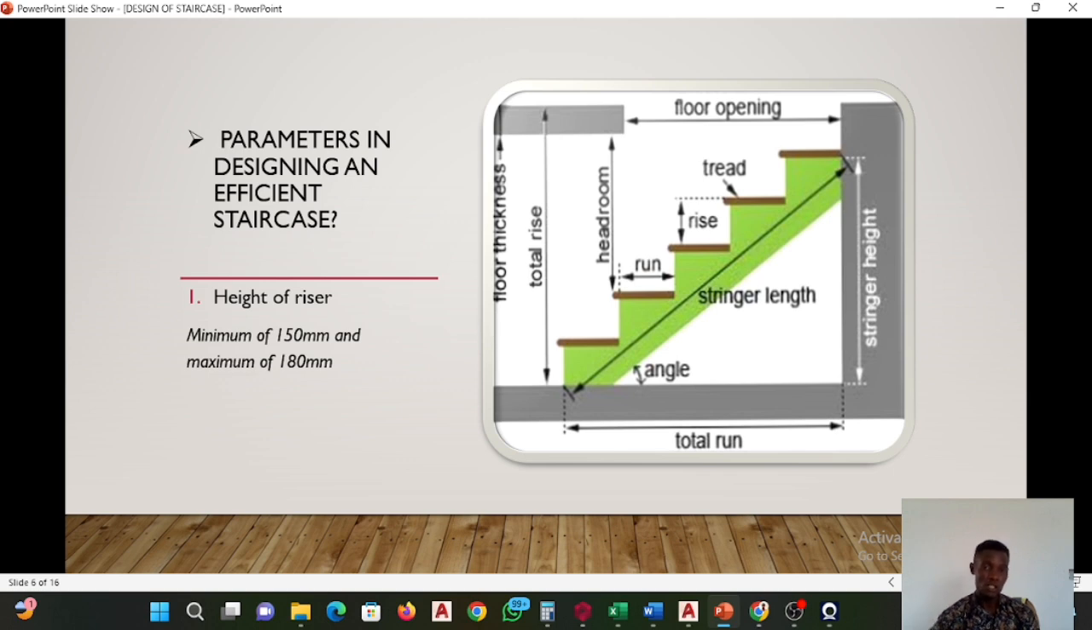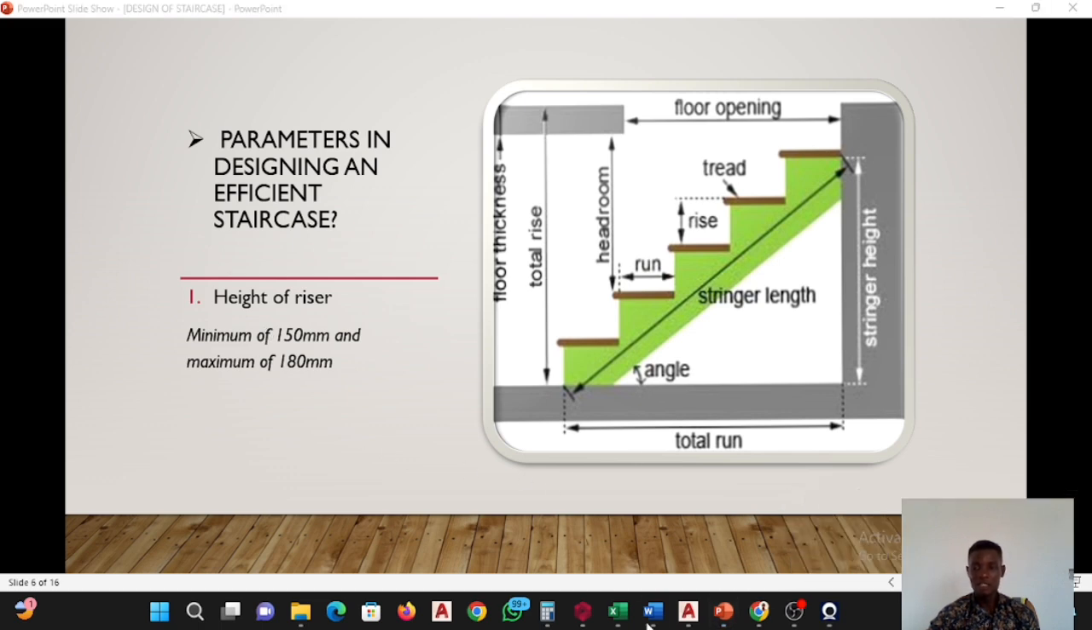I've seen a riser of 4 inch. That is 100 mm, but it is too small, to the extent that you can hit yourself, or even to take a step at a time will be somehow difficult. So it's better you take 2 steps at a time because the riser is too small. So the minimum riser should be between 150 to 180 mm. Anything beyond this